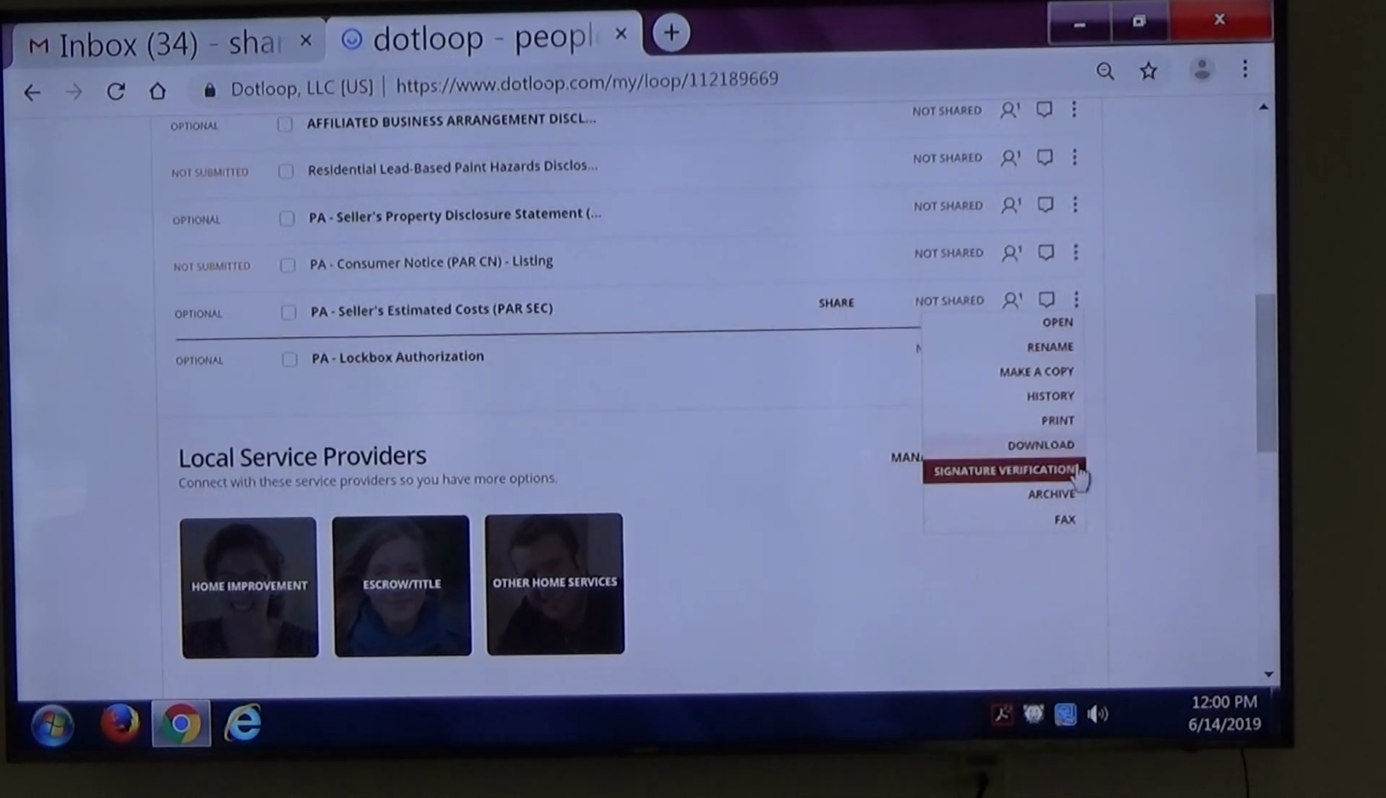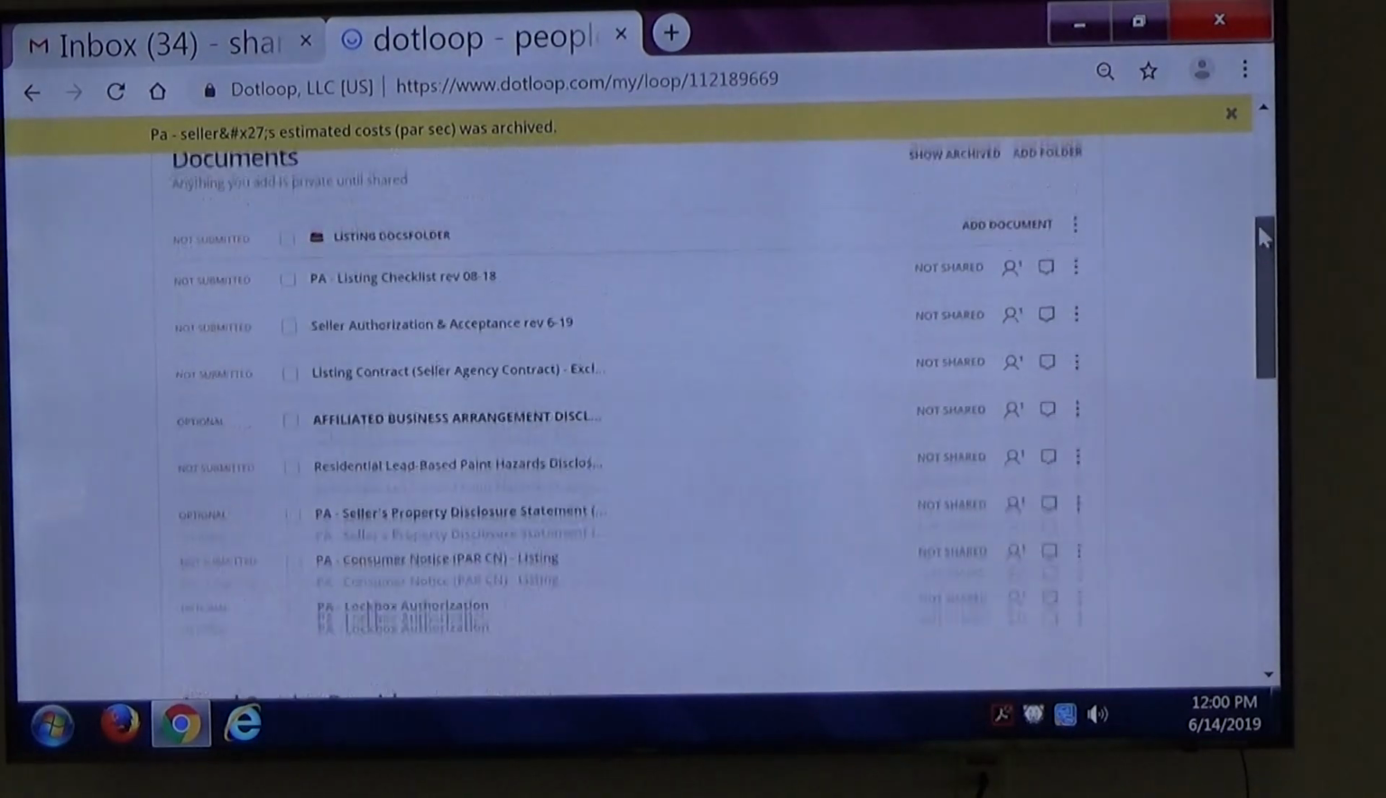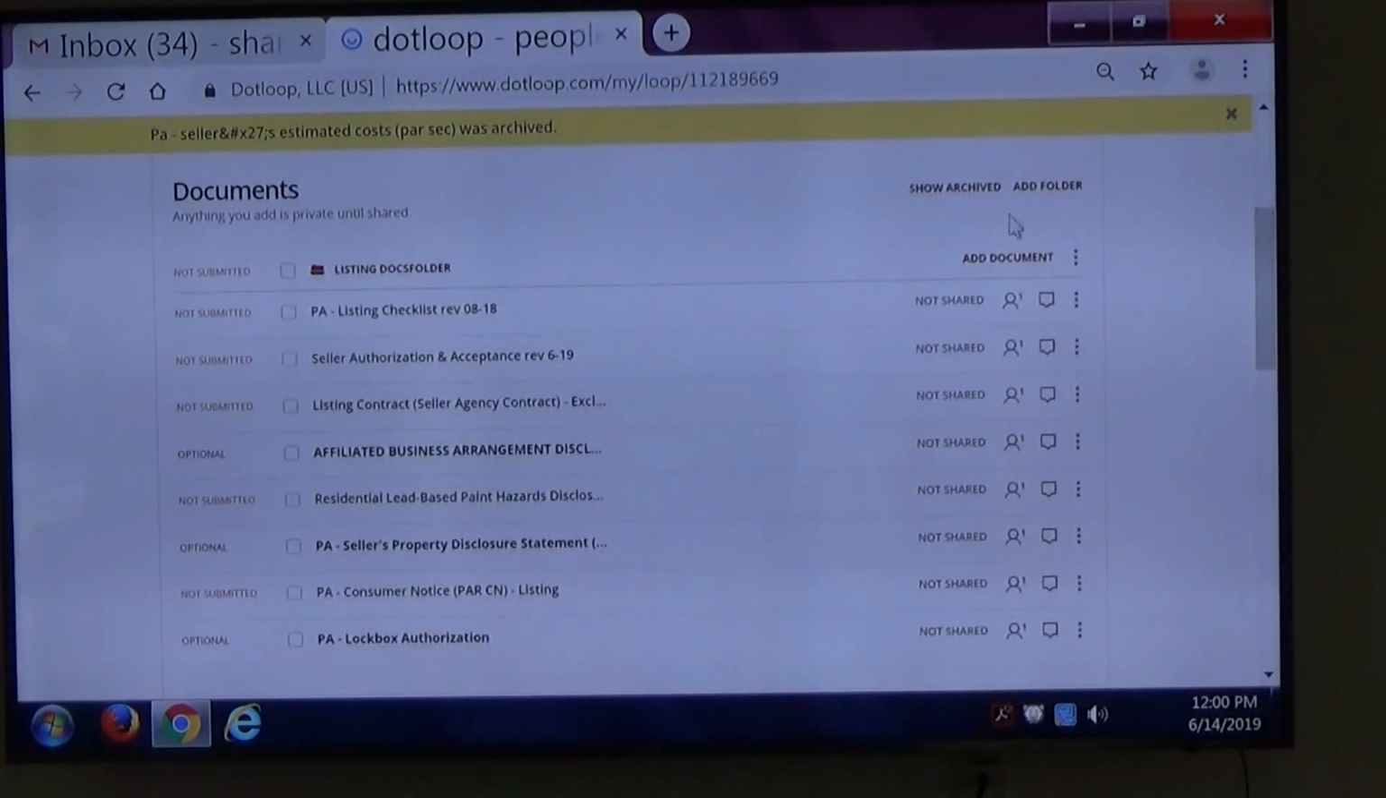So again, you have the ability to archive something. You do not have the ability to delete it out. The good news is that when you do archive something over here, and I scroll back up here to show the archived, it has improved greatly in that